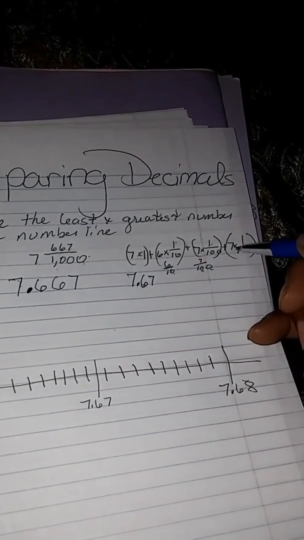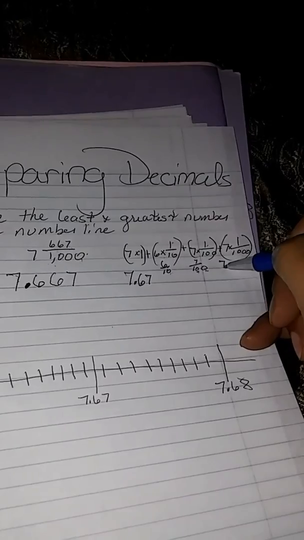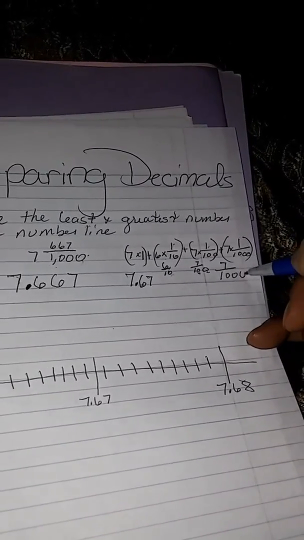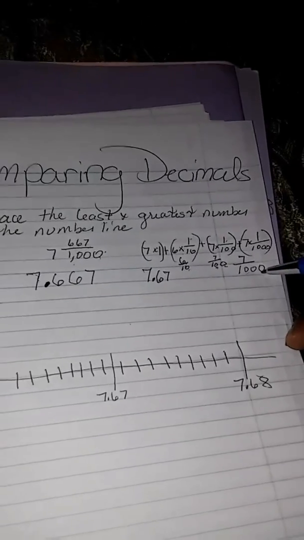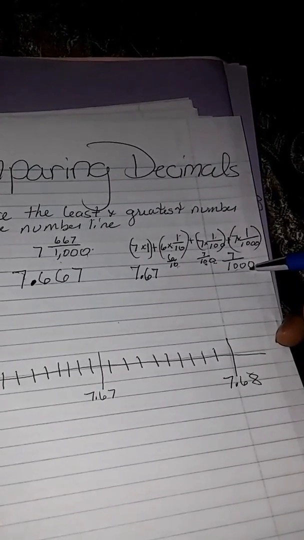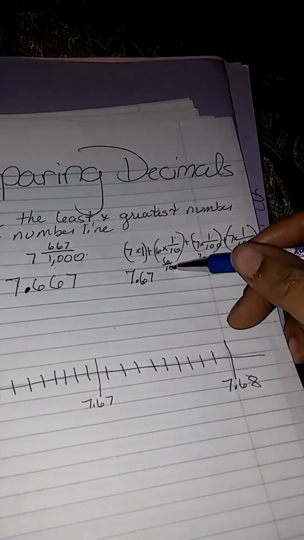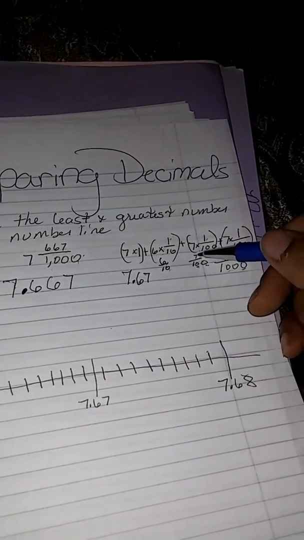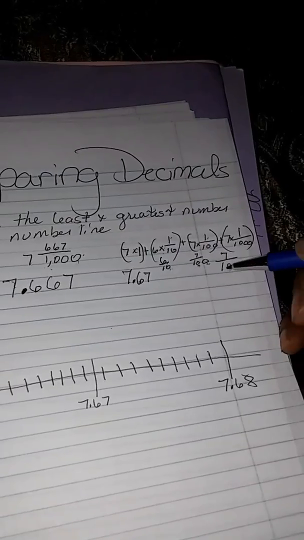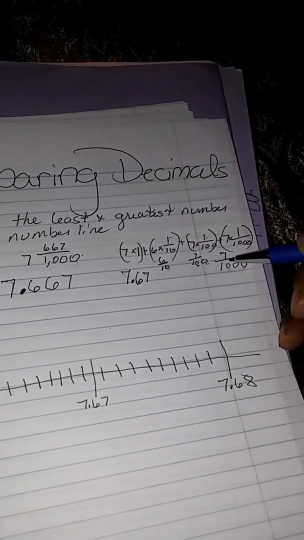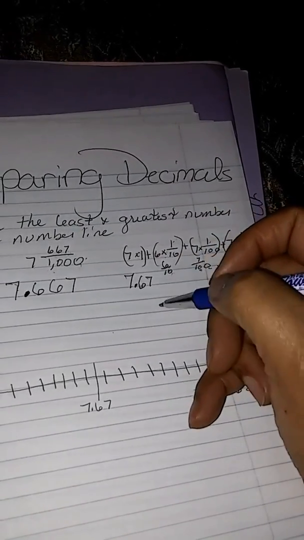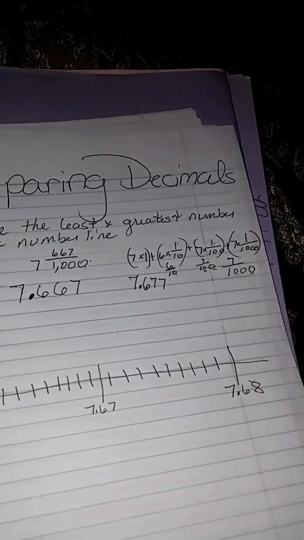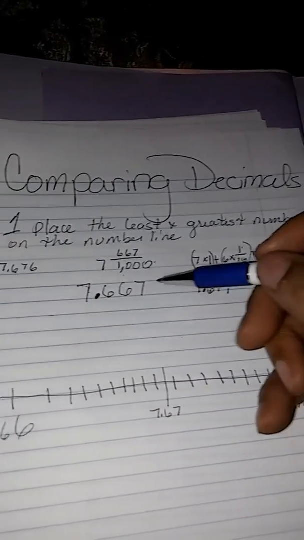And this last one, 7 times 1 is 7 over 1,000. Well, this has 3 zeros, so where do you think it's going to go? 1 zero, first place, the 6 goes in the first place behind the decimal. 2 zeros, the 7 goes in the second place behind the decimal. 1, 2, 3, 3 zeros, the 7 goes in the third place behind the decimal. So 1, 2, 3. Now all of my numbers